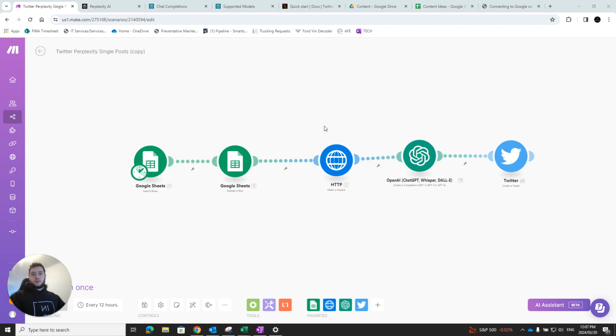And so today I wanted to run you through the basic setup on how you can get this set up yourself so you can start posting to Twitter on a daily basis, fully automated without any interaction whatsoever on your behalf. So the basic idea here is you're going to have a list of content ideas. Those content ideas are going to be stored in a Google Sheets. It's going to search that Google Sheets, find the latest posts or content idea that you want to talk about,